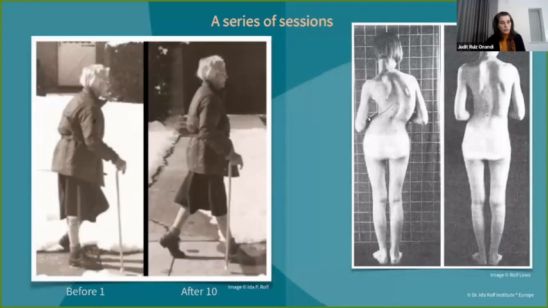That is another example of people that went through the 10 sessions. So in this example of the old lady, we can see before session 1 how the head in relation with the torso is in front, forward head posture. The torso in relation with the pelvis is in front. To me, at least, the feeling is one of heaviness, as opposed to after the 10 sessions, where the head, torso, and pelvis are more stacked on each other. And at least to me, it gives me the feeling of lightness.